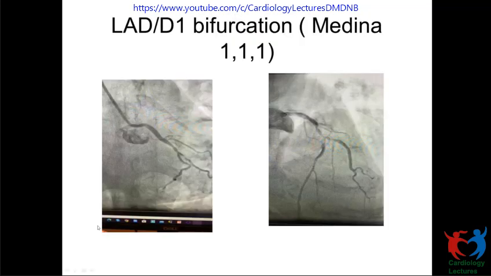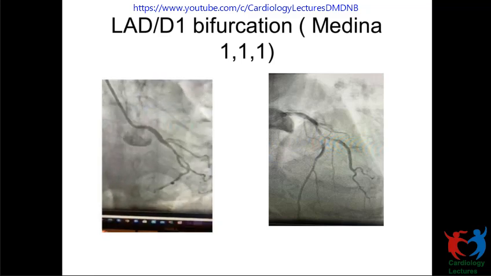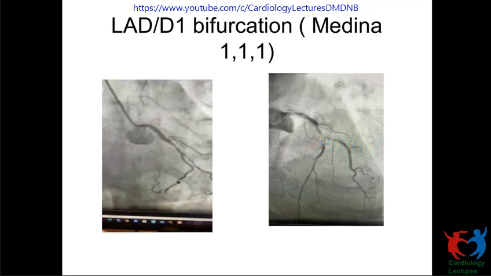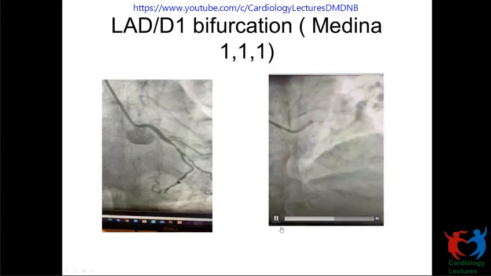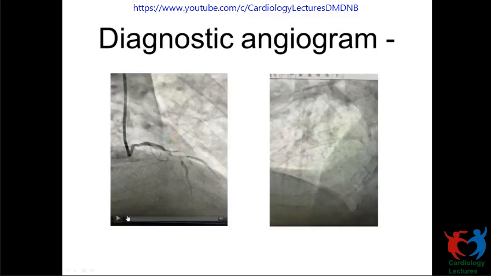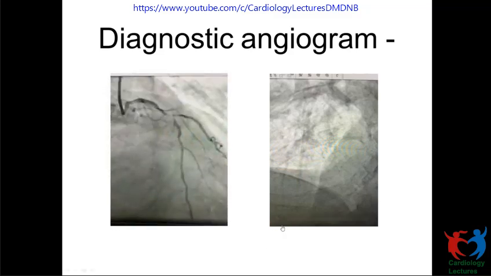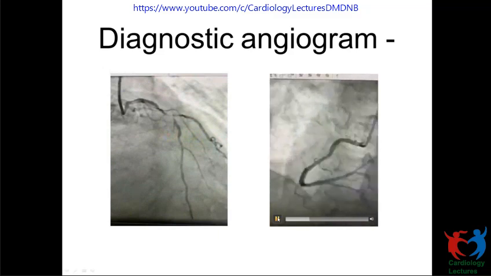This was the angiographic presentation. As you can see, there was a separate ostia of LCX and LAD. LCX was having some 80% stenosis, and this is LAD D1. You can see that there is a critical stenosis in mid-LAD involving the origin of a large and a major diagonal branch. And this is a cranial view. You can see that there is some ostioproximal disease in LAD, and RCA was free of disease.